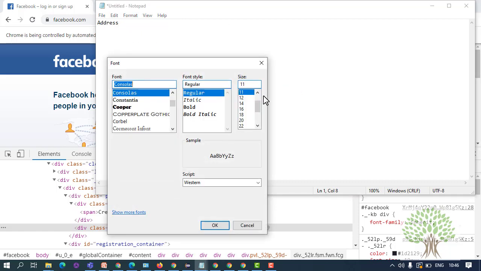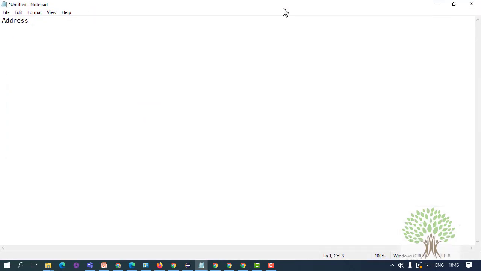Now there are two types of XPaths. One is known as the complete XPath and the other one is known as the partial XPath. How do we make these complete XPaths or partial XPaths? Let's talk about complete XPath. This is also known as absolute XPath.